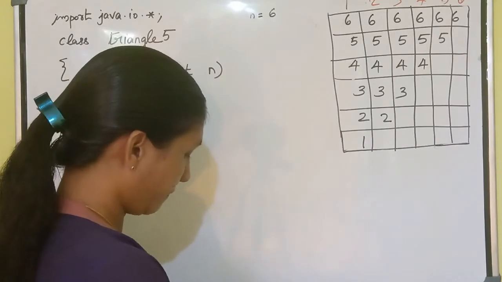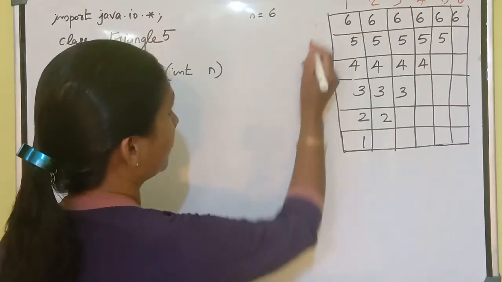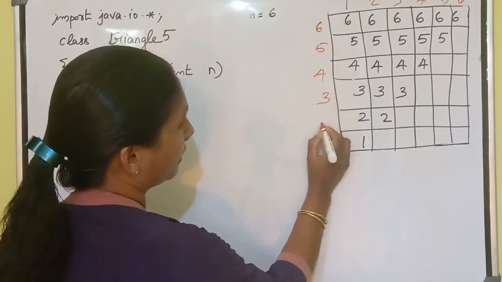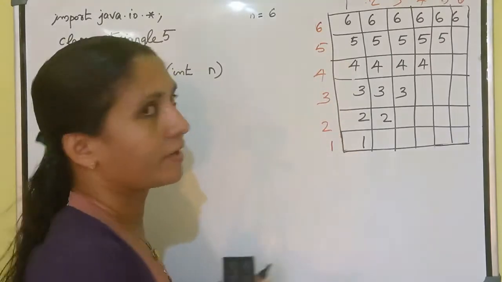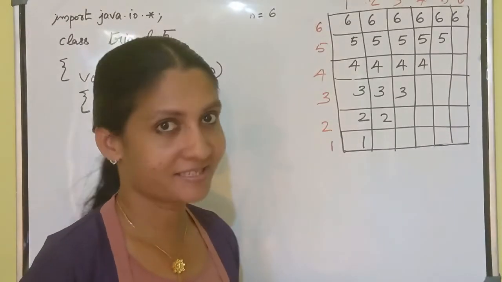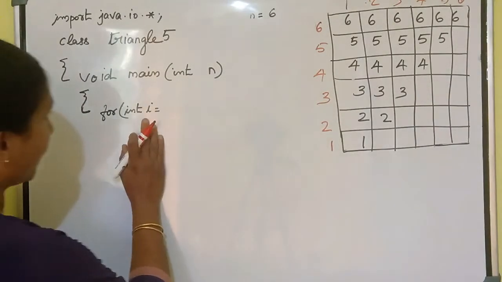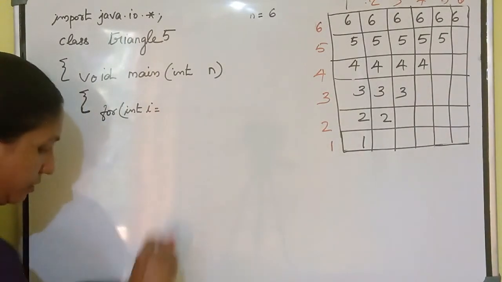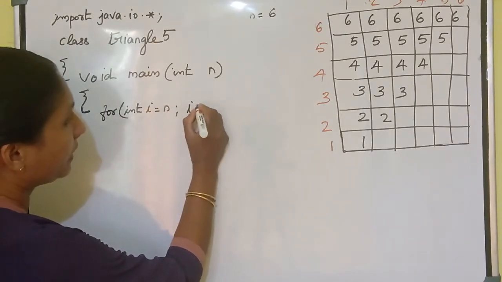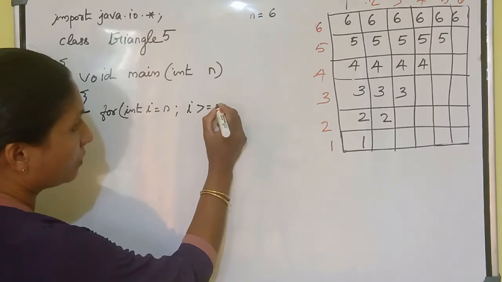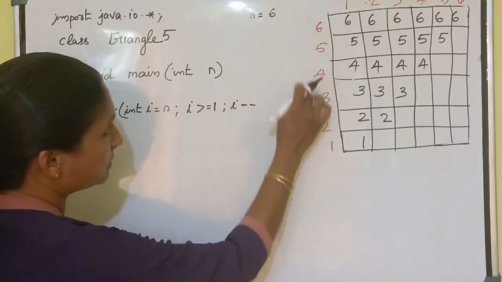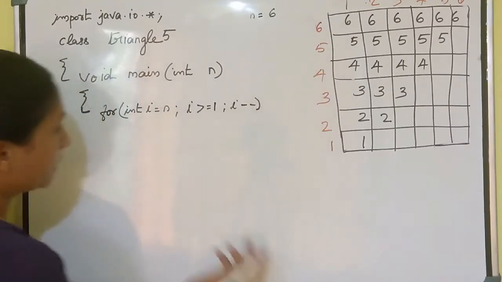I will start it from 6. Next time 5, 4, 3, 2, 1. If I give it this way, we can easily print the value of i here. Then you will get the answer. Because of that, I will start the value of i from n. Okay, i from n. Then i greater than or equal to 1, that means up to 1, we need i minus minus. Each time it is decreasing. Then I will show once again this one.